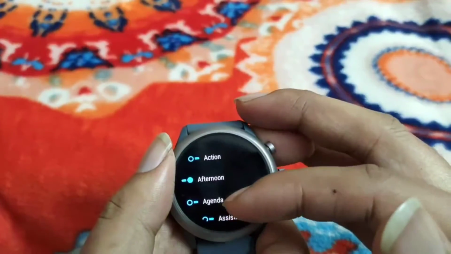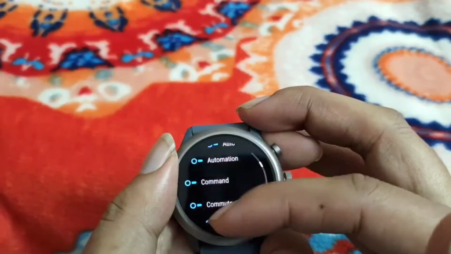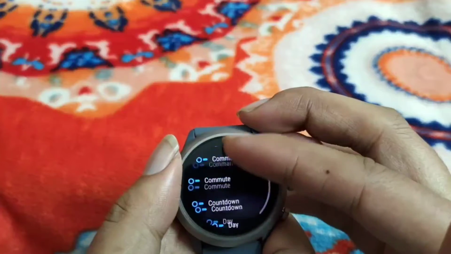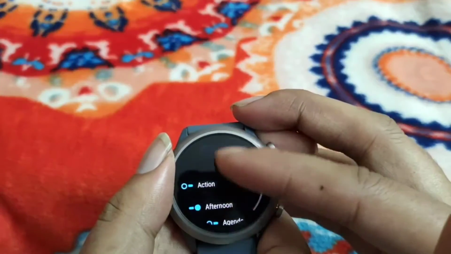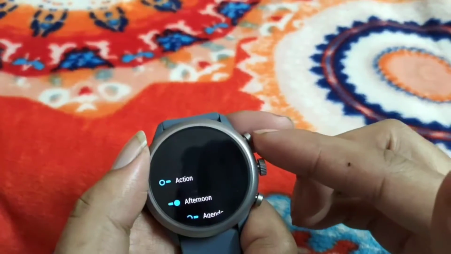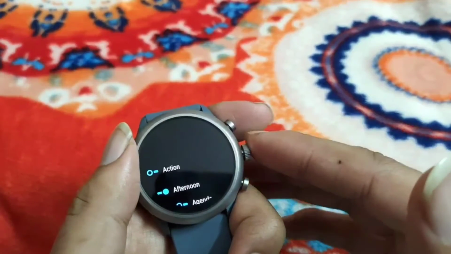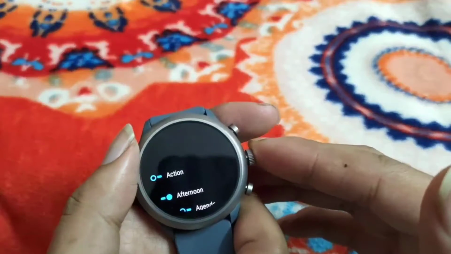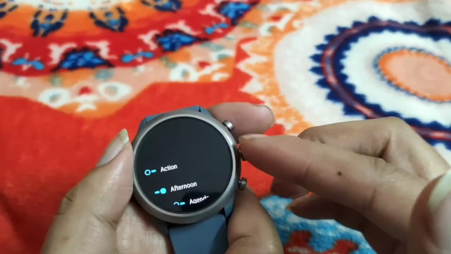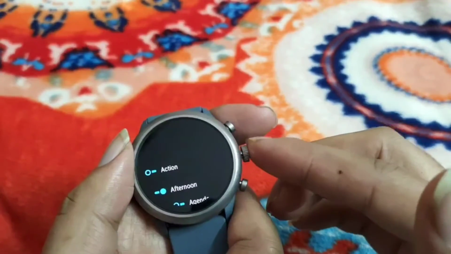There are many, and I don't think you will be needing any more. We can assign with these two buttons. AutoWear doesn't, or I think Android settings doesn't allow us to map this hardware button to any particular application directly.